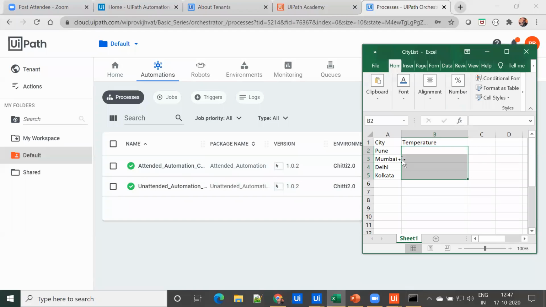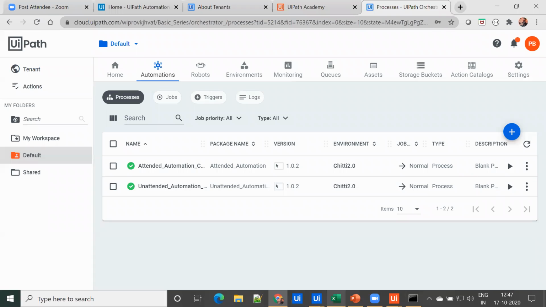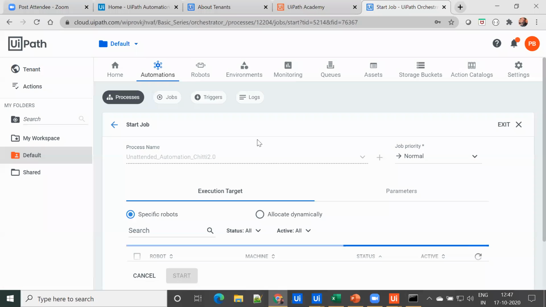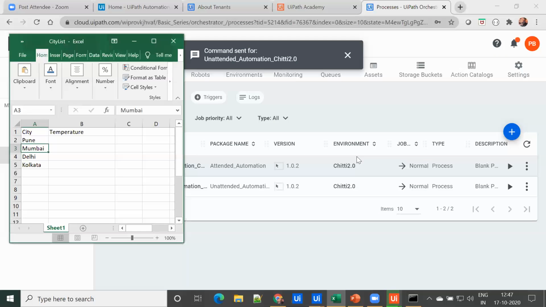You can see that there is no temperature value, right? So let me select unattended automation. We are going to start the job by selecting a robot and clicking start.